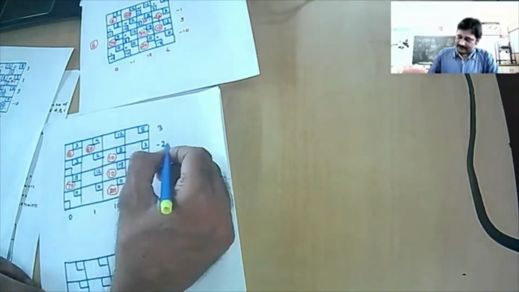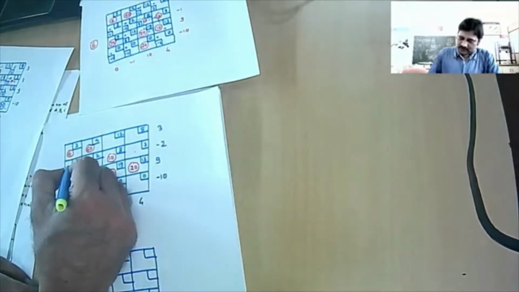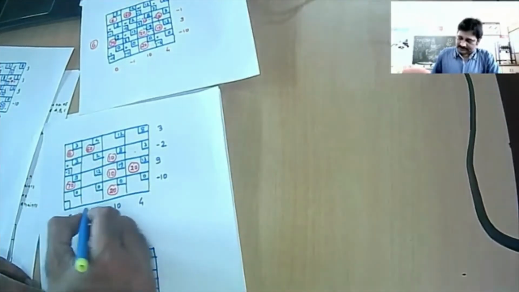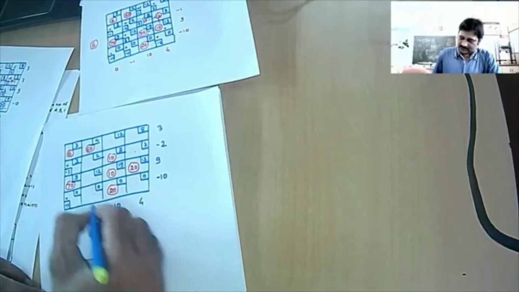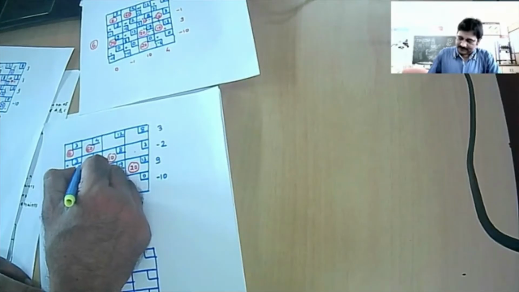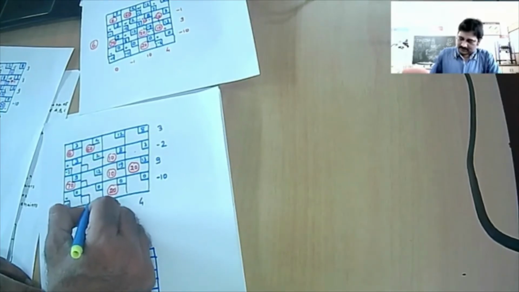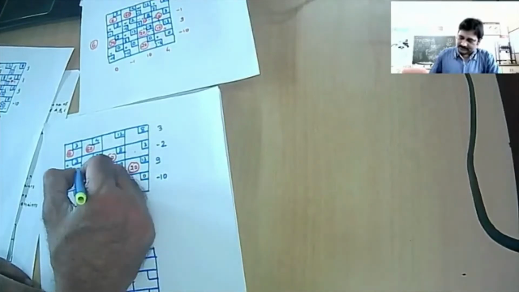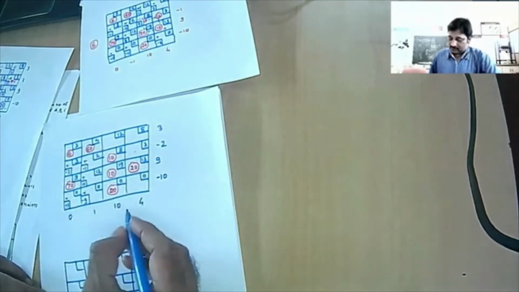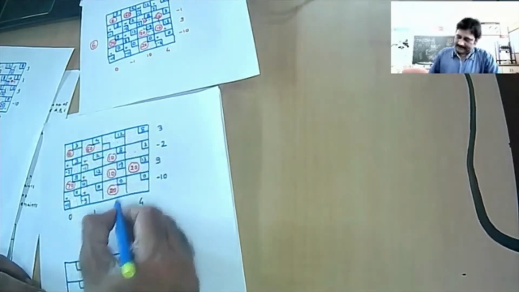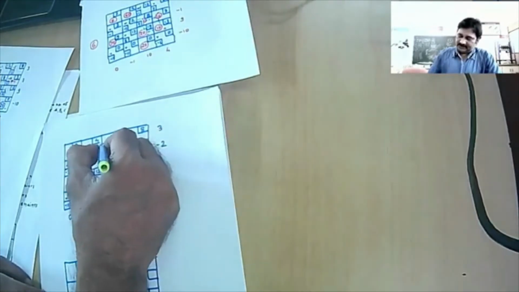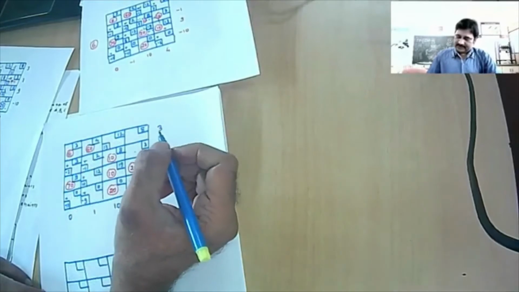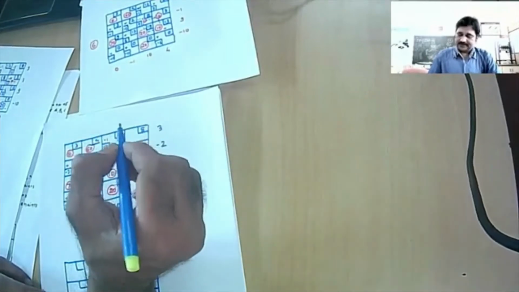Okay, so here it comes 0 minus 2, minus 2, so 3 minus 2, this will come positive, and here minus 10, and this also comes positive. For this, just find that out. Minus 9. This is also positive. Then this is 10. This is also positive. Then this is minus 1. This is also positive. So far, good. Then what is happening here? 10 plus 3, 13. So 12 minus 13 is minus 1.